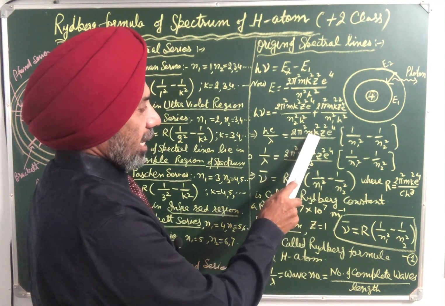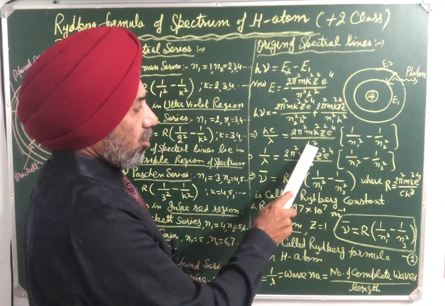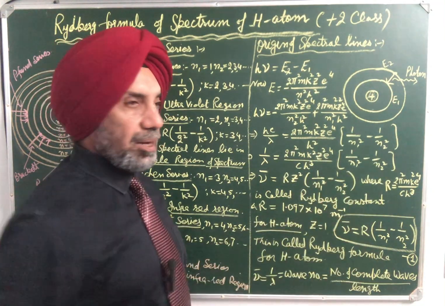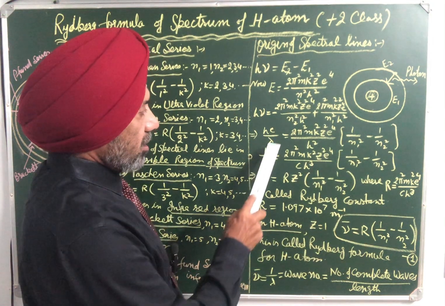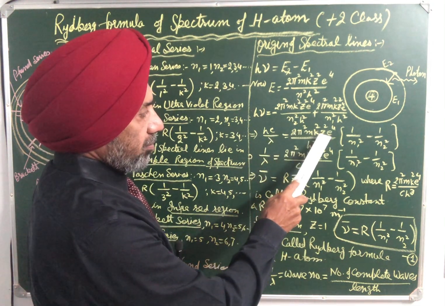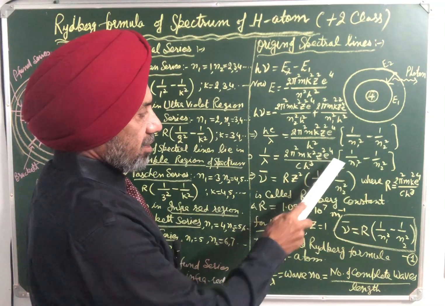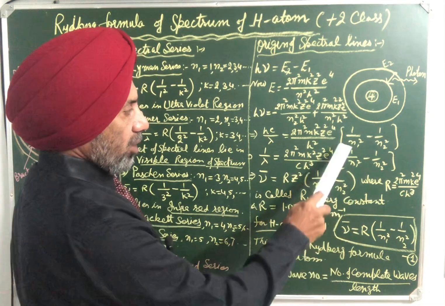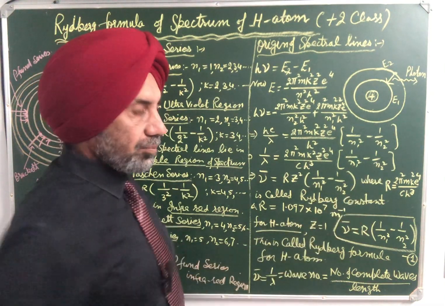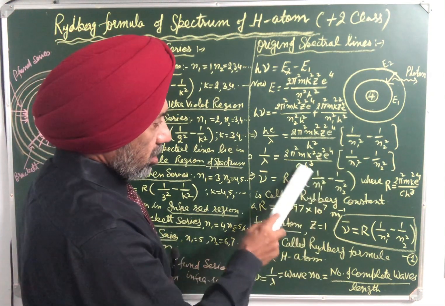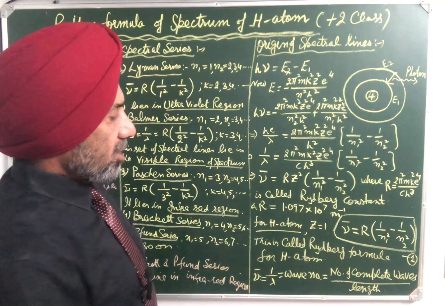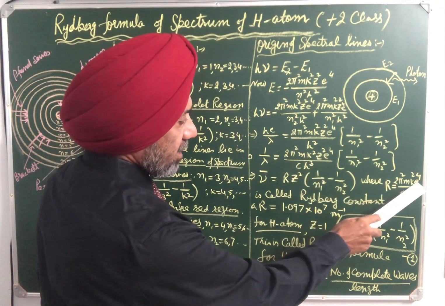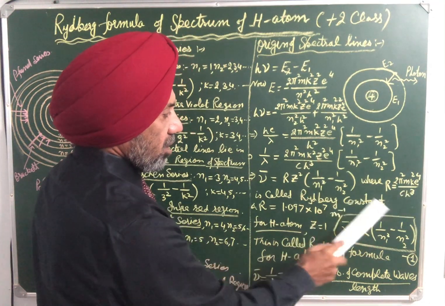2 pi square m k square z square e to the power 4 upon h square can be taken as common. It will be 1 upon n1 square minus 1 upon n2 square. Or 1 by lambda is equal to 2 pi square m k square z square e to the power 4 over c h cube times 1 upon n1 square minus 1 upon n2 square. And this whole constant except z square, that is 2 pi square m k square e to the power 4 upon c h cube, is equal to R,